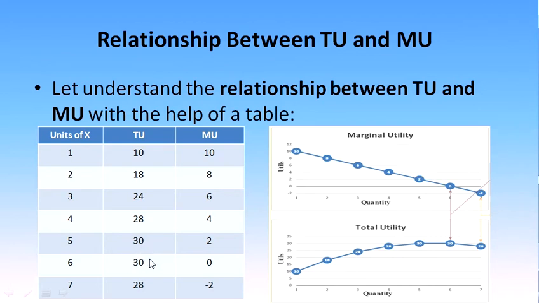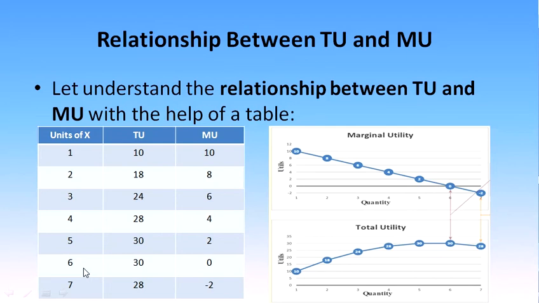So this constant means that here the consumer is fully satisfied. The consumer doesn't want to eat any more of any commodity, whatever it is, whether it's burger or chocolate. So in our example, it's burger, so we will say burger. Here at the sixth consumption, the consumer doesn't want to consume any extra commodity, because here the consumer is fully satisfied. At this point, the consumer is fully satisfied.